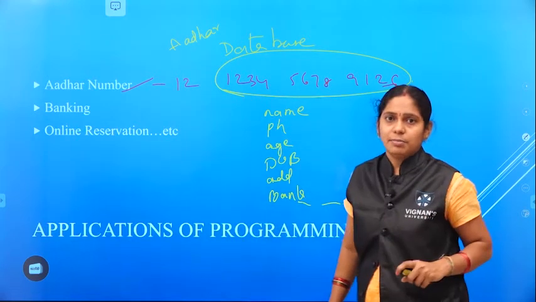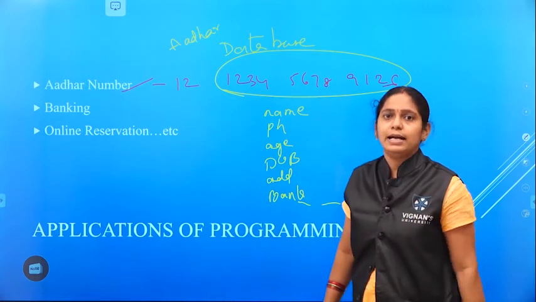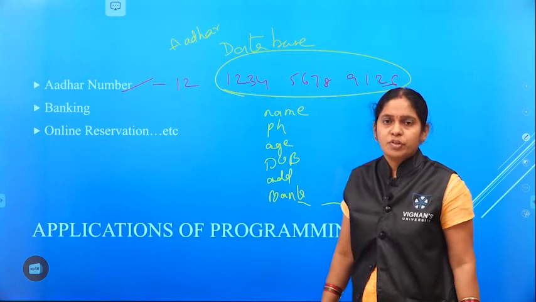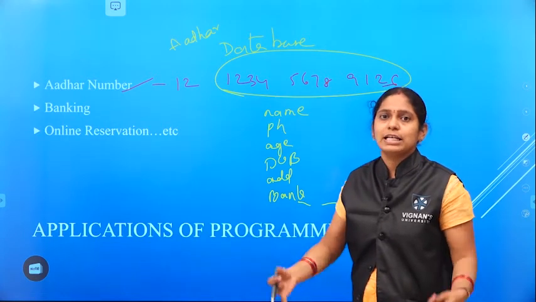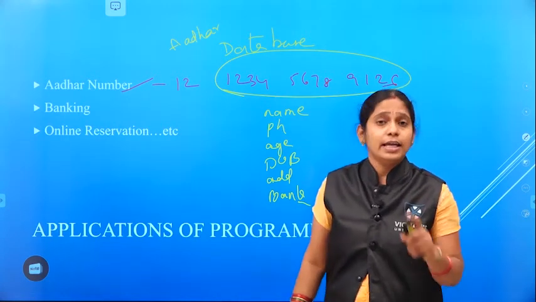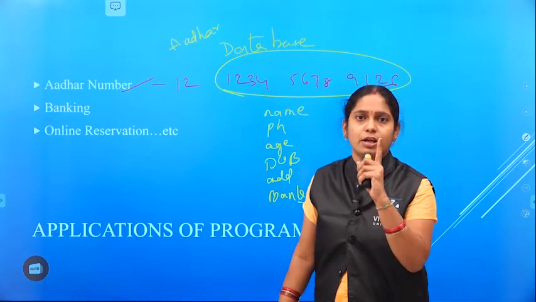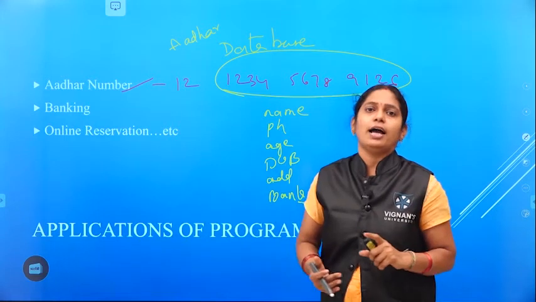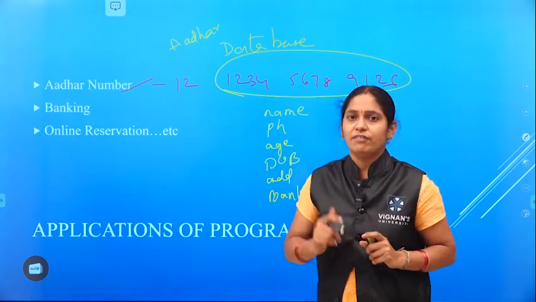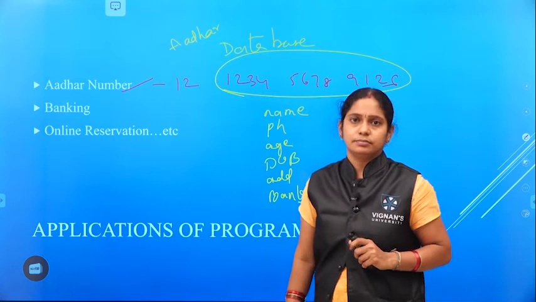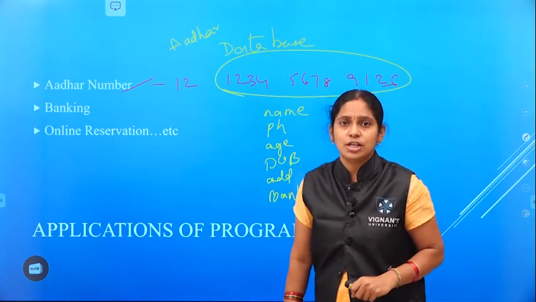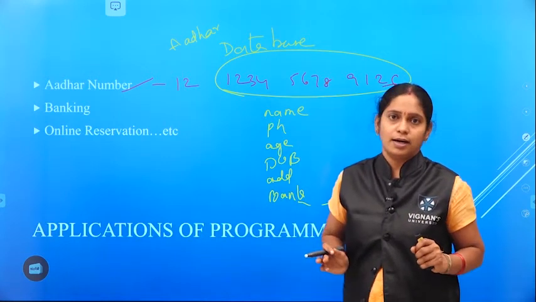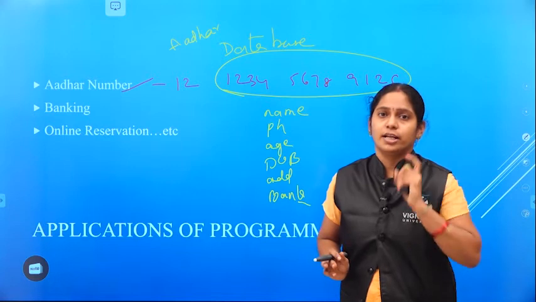In that Aadhaar database, do you have only 10 candidates' information? Or 20? Or 100? No. Lakhs and crores of data we have in that. Each candidate has one specific record. So in those crores of data, how can we identify a single person? There we move to a search, and simply type the Aadhaar number and we can get whatever information we require.